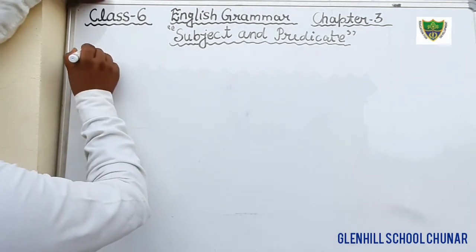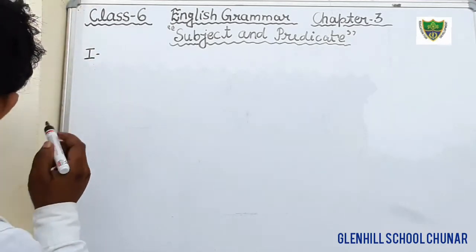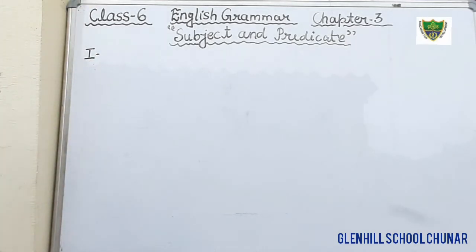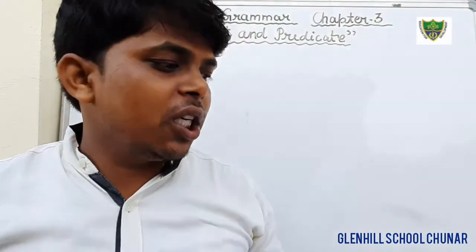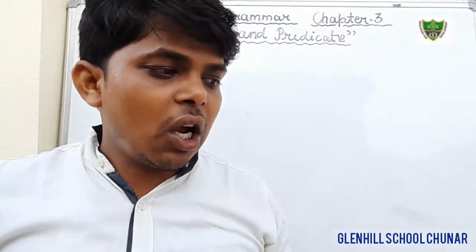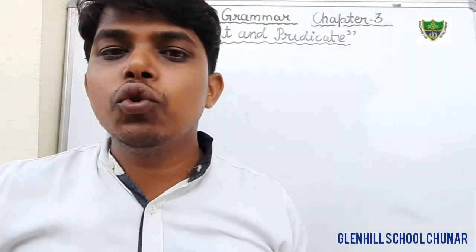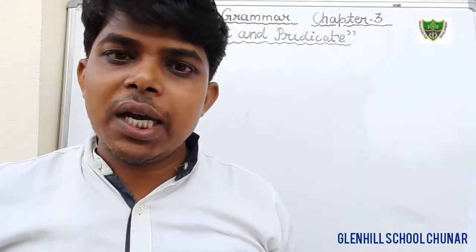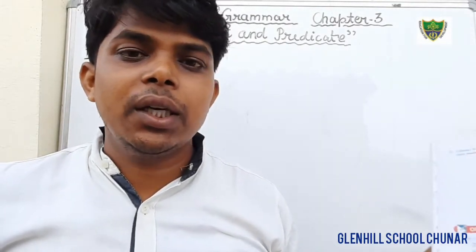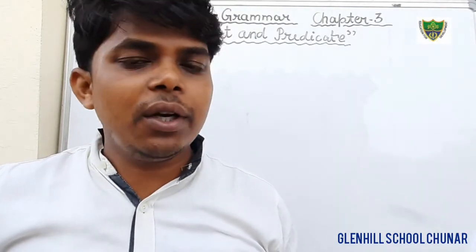Exercise number first, that is the optional question, which is given on page number 15 also. So we will see it. The question is: tick the most appropriate option from the following. Choosing subject. Here we have to select the subject only. And I have told you what a subject is. It is the part of a sentence that denotes the name of a person, place, animal or thing.